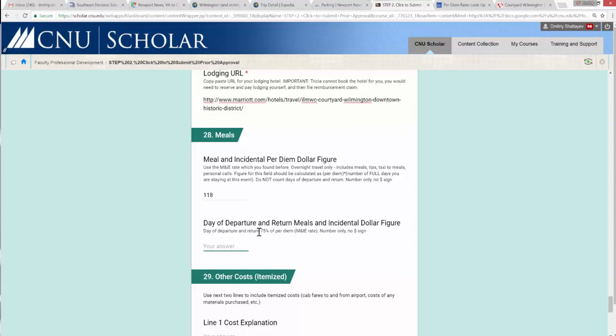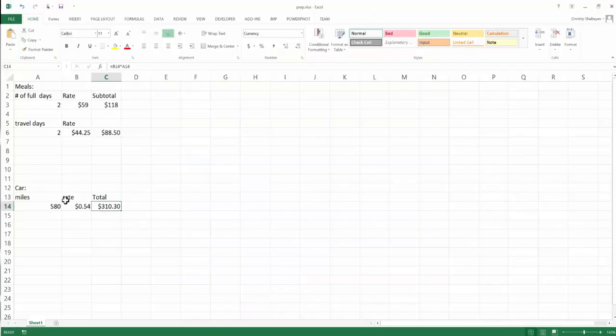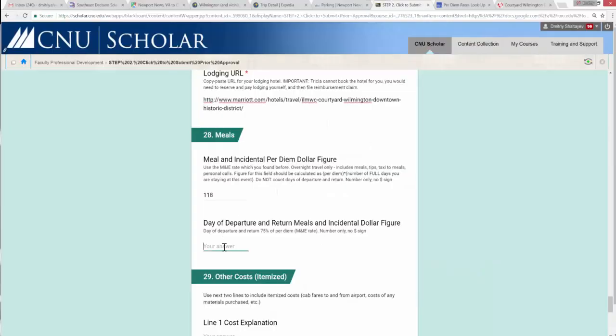Now here you have to take care of the day where you're traveling back and forth, and there it says that on the days of travel you have to apply a 75% rate. So here I have my computations in a small Excel spreadsheet, where you can see the rate goes down by a factor of 0.75, and day of travel plus return, that's 2 days, so 88.50. That's my total that I'm going to put in this field,